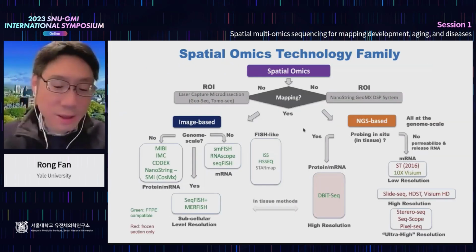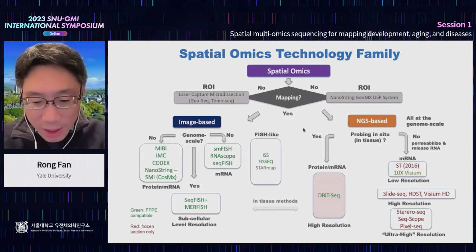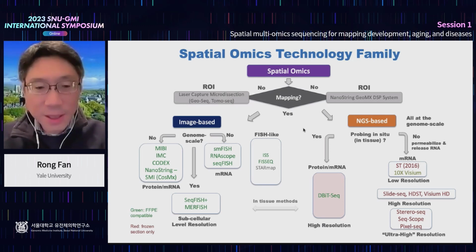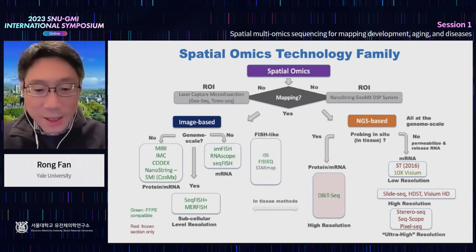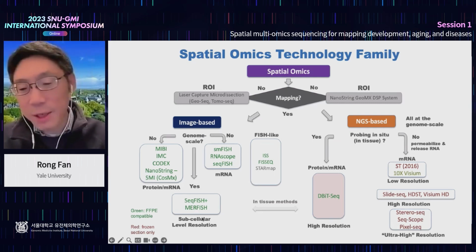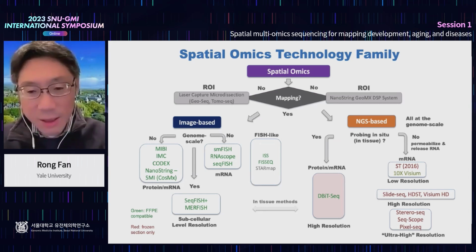But as I mentioned in the very first slides, you need a tool that can measure single cell omics, ideally in a spatial tissue context. People realized that challenge about 10 years ago and started to develop a range of spatial omics mapping technologies. Broadly speaking, there are two different directions. One is called imaging-based. Ten years ago, if you could image three or four different fluorescent markers, that was pretty cool. But nowadays, for example, seqFISH and MERFISH can image up to the entire transcriptome, around 10,000 genes, using combinatorial barcoding plus cyclic